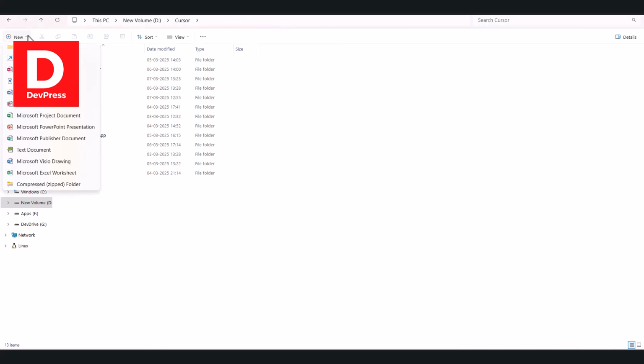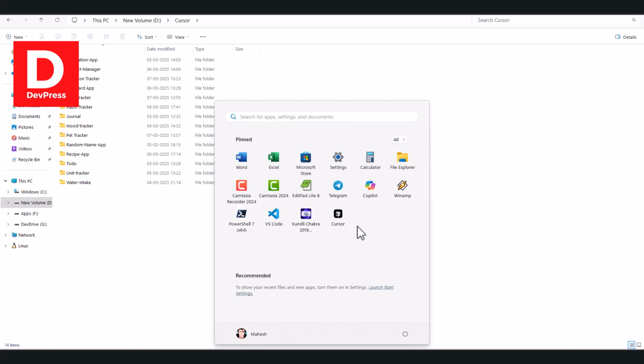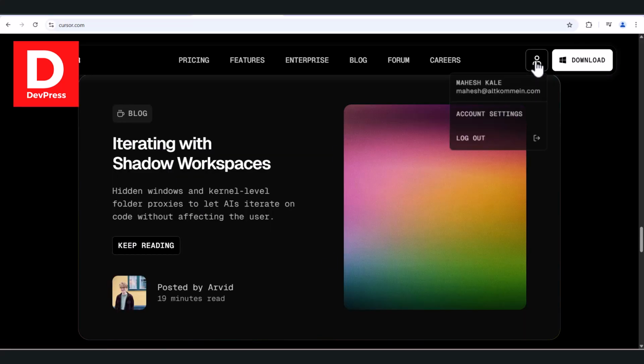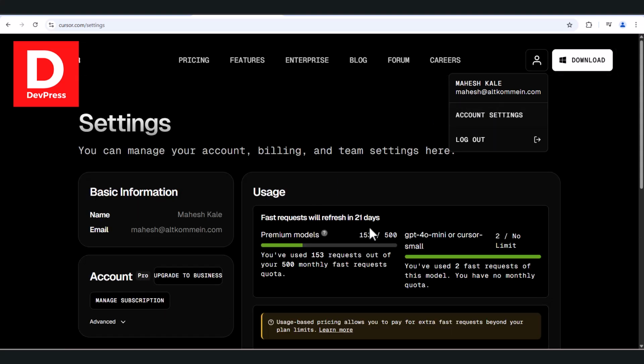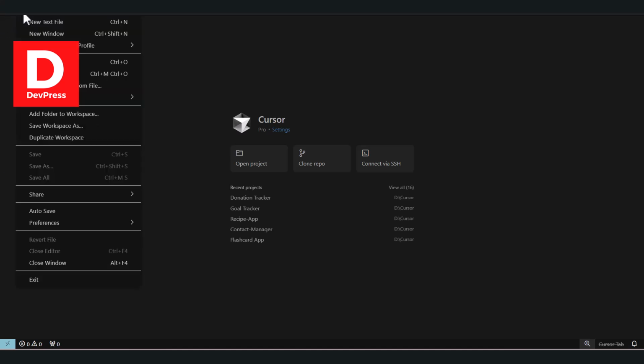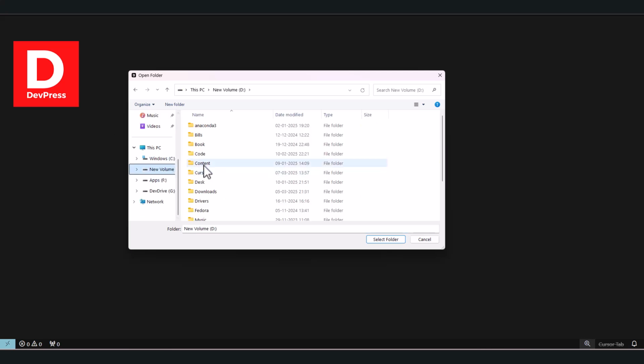So if I go and create a new tracker and name it this, right? Next I will open Cursor, where I will be pointing out this particular folder. If I come back here, we'll stick with the amount of queries. I'm still on limited, right? So if I go to File and then Open Folder, let's point out the folder that we created,